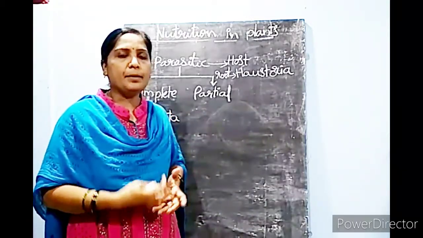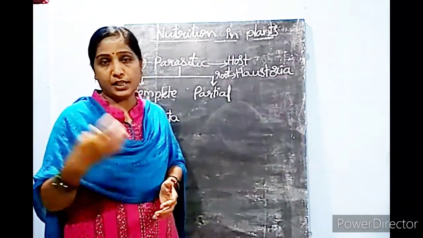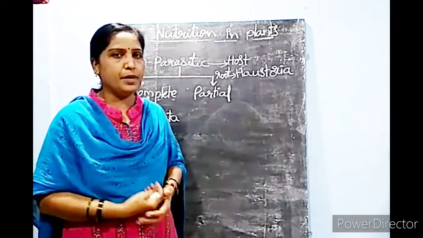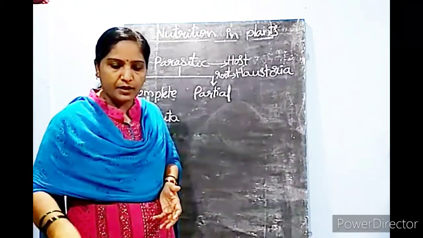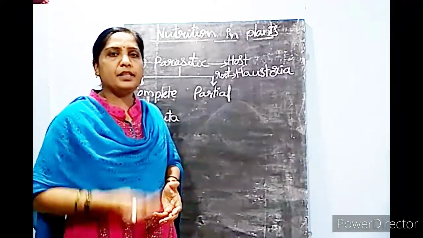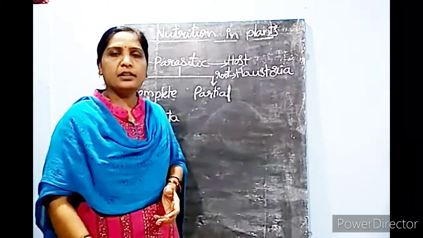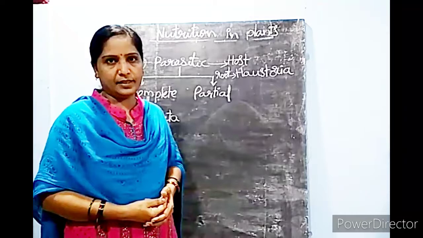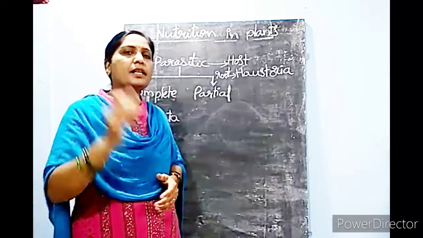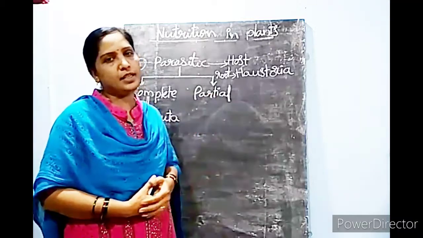And why are some plants parasitic in nature? Some plants which live in fresh water and rocky areas, even though they have green pigment, cannot make their food because the area where they live may not supply the required nutrients to the plant. That's why they modify into parasitic plants. Understood? So Cuscuta is one of the plants which depends on other plants. This picture is also given in your textbook, showing how Cuscuta depends on other plants.